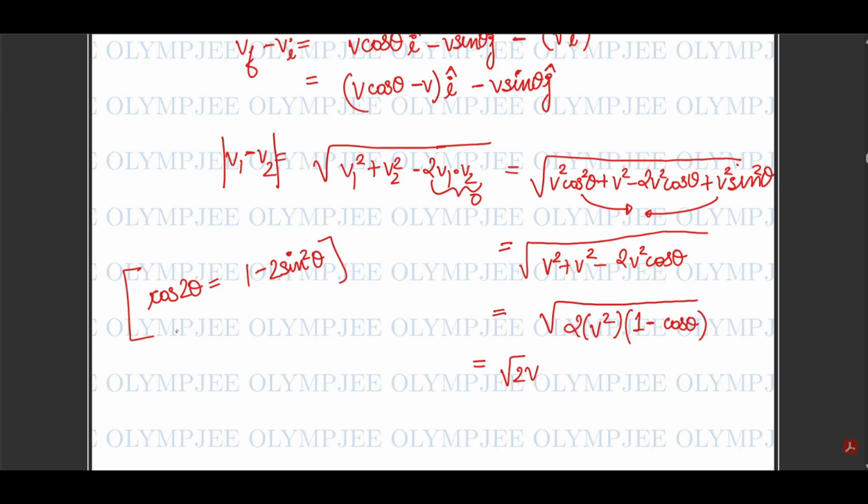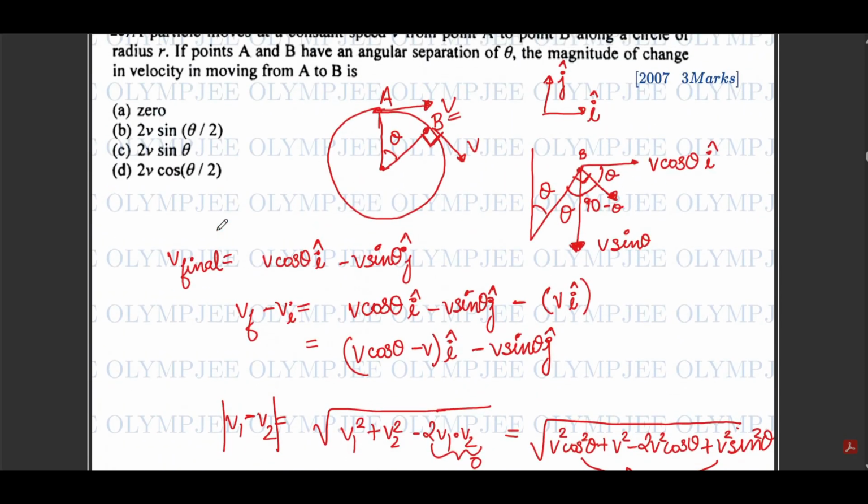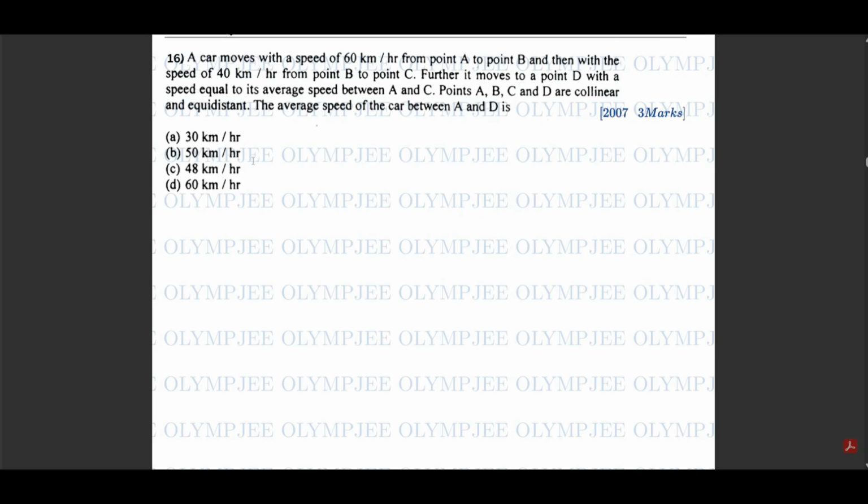So 1 minus cos 2 theta is 2 sin square theta. But here 2 theta is theta, so theta will be theta by 2. So this will become 2 sin square theta by 2, which will finally give us 2v sin theta by 2, which is B option. Question 16 says a car moves with speed 60 km/h from A to B and then